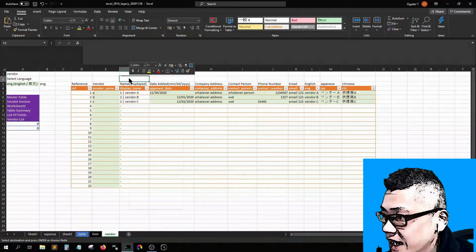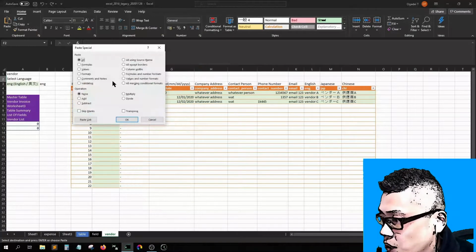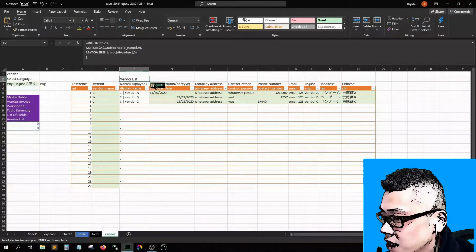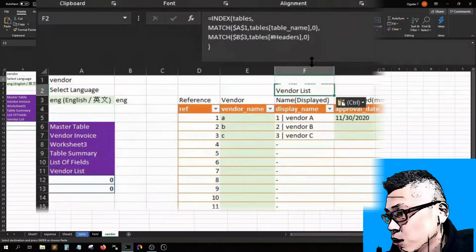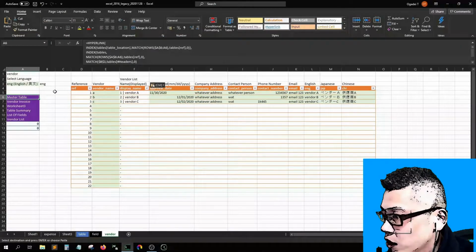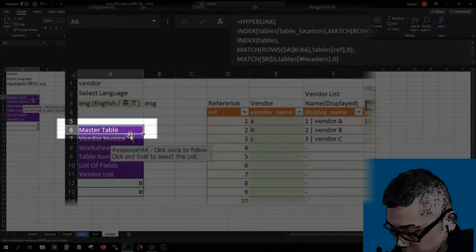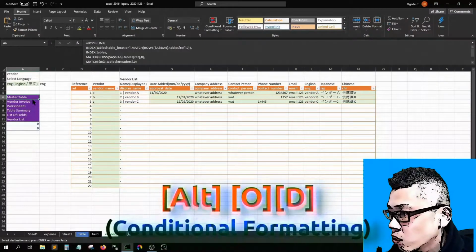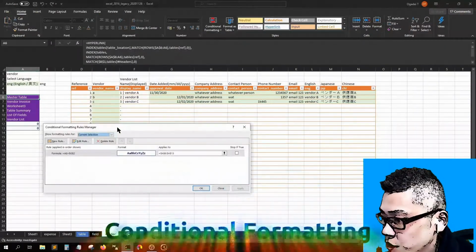And then I right click, paste special formulas. Then I should see it shows the name of the list, which is the vendor list. And remember, go to your first selection, and then you click Alt-D to go to the validation.